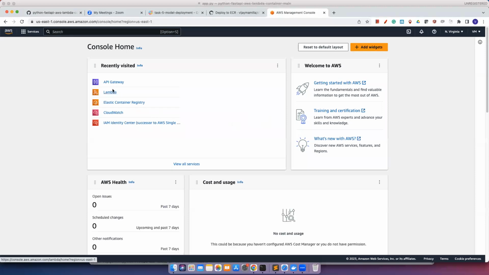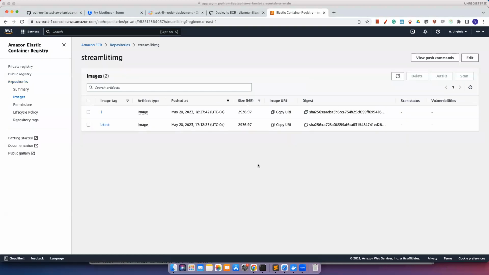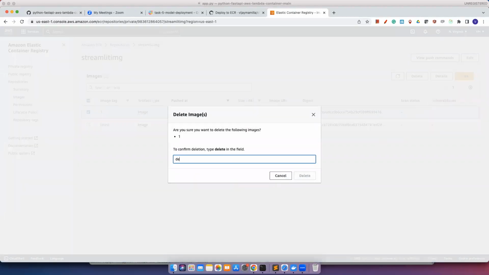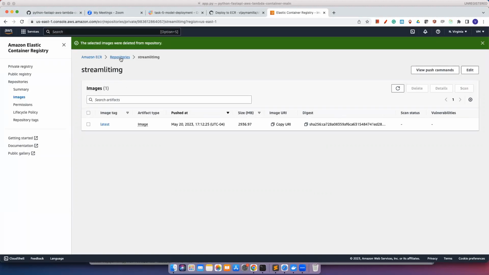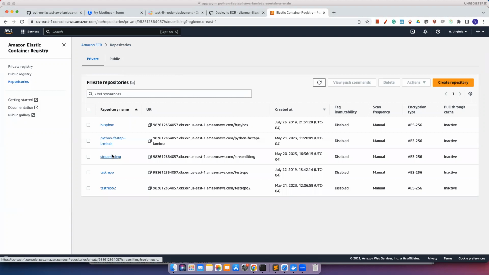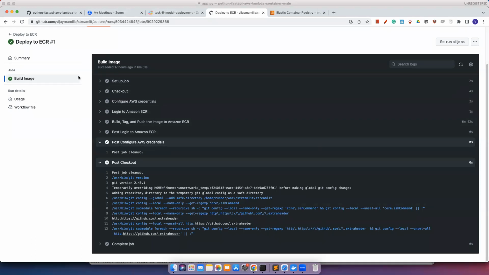Let me see. ECR registry, right? This is the image currently. Currently, I have one, and the latest. I'll delete this. Delete. And I can go, delete, refresh. Right. If I go back here,